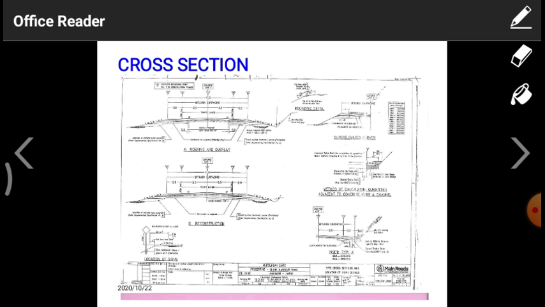This is the normal cross section. A cross section means, at a particular road, how the road looks. That means the top layer we have, after the top layer the sub layers we have, and the ground layer we have. That means what kind of materials we have to use for construction purposes. In different fields and localities, the ground layer will have different components of earthen materials.